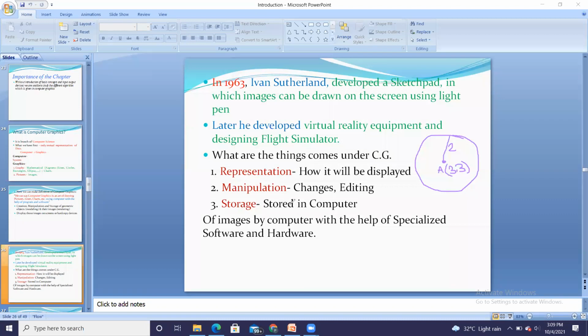We are going to do this with each and every object in practicals also. Images are stored by the computer with the help of specialized software and hardware, which will store the image onto the hard disk.